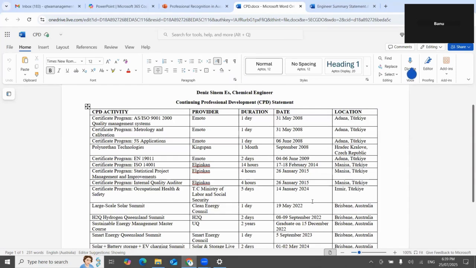Every type of certificate I gathered, like ISO certifications, or any summit I joined. I joined because I was doing my master's degree. I joined so many seminars related to renewable energy, but I also joined ISO 15001, ISO 19011, polyurethane technologies, 5S applications, metrology and calibration, which are all related to engineering and to my